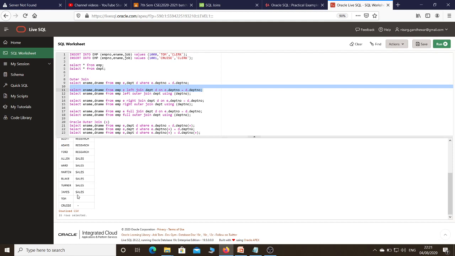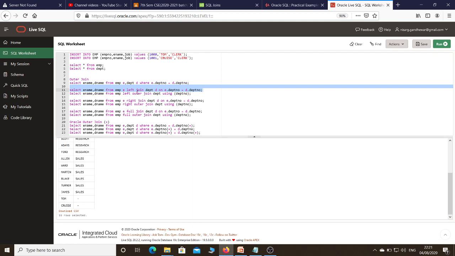In case of left outer join, you are getting these 14 rows which satisfy the join condition, plus you are getting these 2 rows which do not satisfy the join condition, and this is the use of outer join. That is the difference between inner join and outer join that I told you. Inner join returns rows which satisfy the join condition only, but outer join will return the data which satisfies the join condition, and also the data which does not satisfy the join condition. So here I am getting Tom and Cruise. That is the use of left outer join.